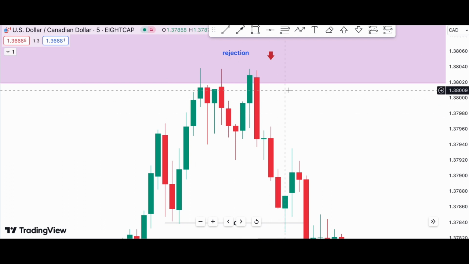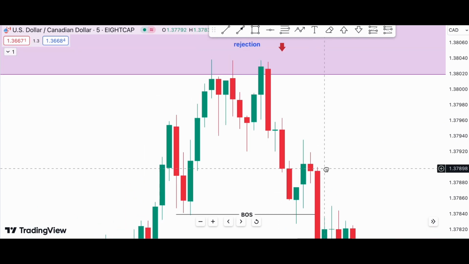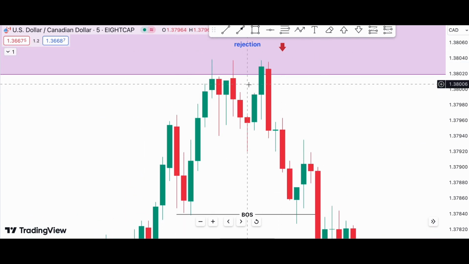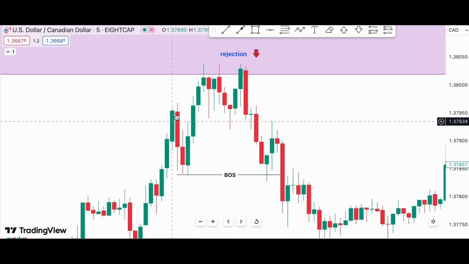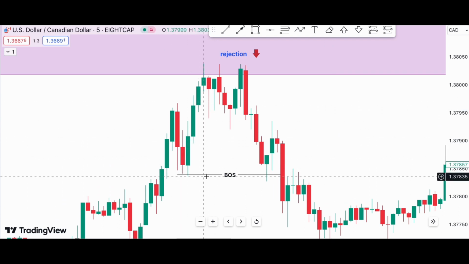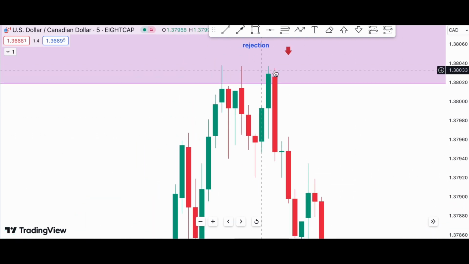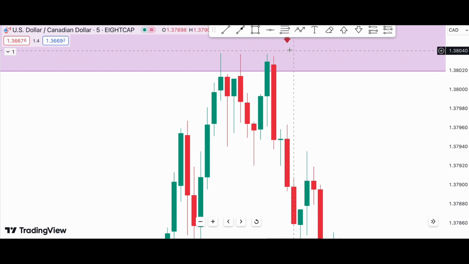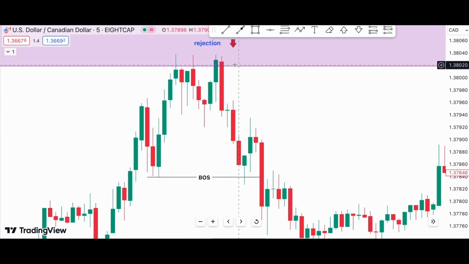We want to see either a double top or triple top, or a double bottom or triple bottom for a demand zone. Since this is a supply zone, we want to see this type of double top or triple top. After the rejection, the second confirmation will be the last support right here breaking the structure. So this is the first entry that we can try after the double bottom here, since we have a rejection with the bearish engulfing. If you miss this entry,